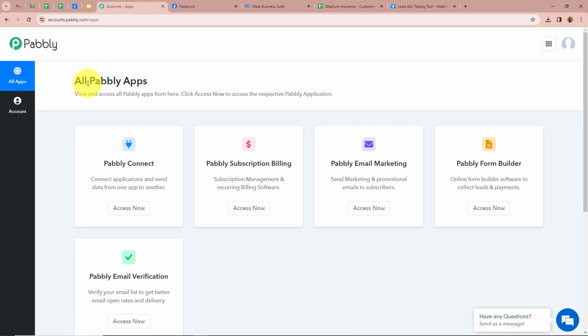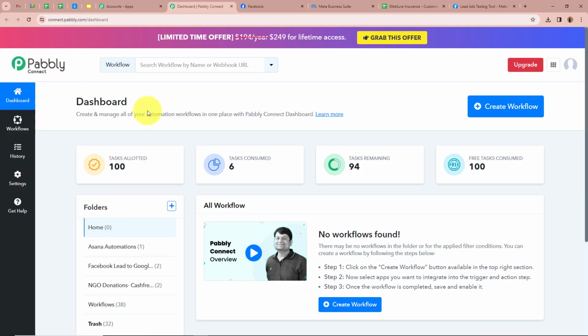After that, you can see the All Pabbly Apps window in front of you, in which you can see the 5 functions of Pabbly, from which we are going to select Pabbly Connect by clicking on Access Now. Then you can see the Pabbly Connect's dashboard. After coming to the dashboard, for starting an automation process, we need to create a workflow. For that, we are going to create a workflow by clicking on the top right corner button right over here,